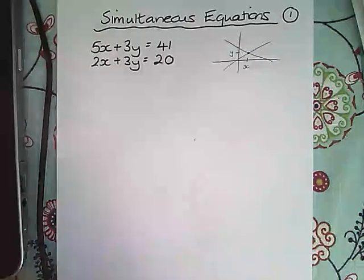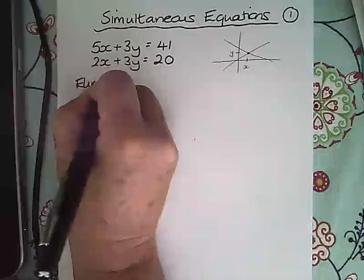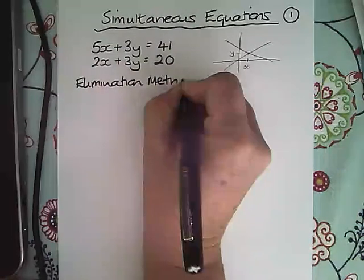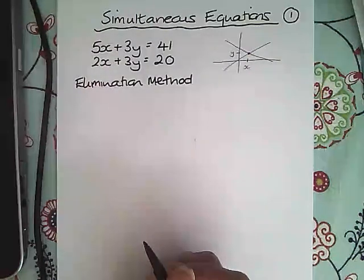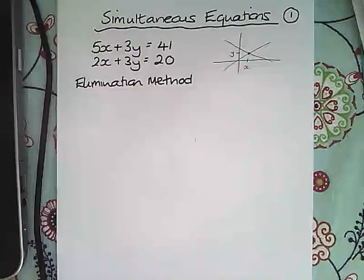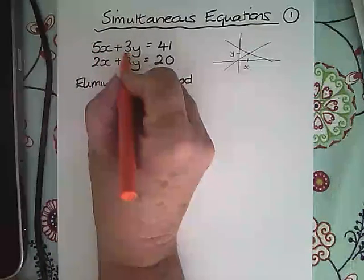We're going to use the elimination method, and in the elimination method it does exactly what it says. We are going to eliminate one of the variables on our first pass through looking at the equations. So when we look at the equations, we are looking first of all to make sure that the coefficients of